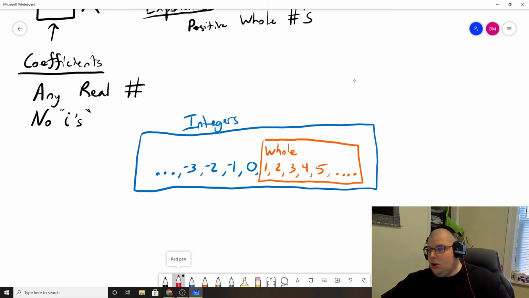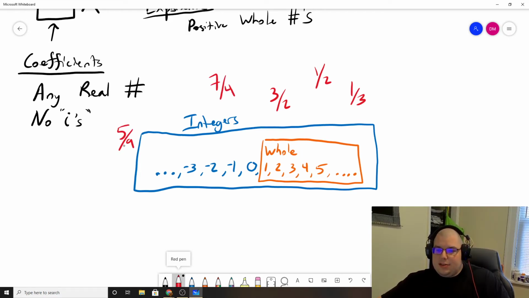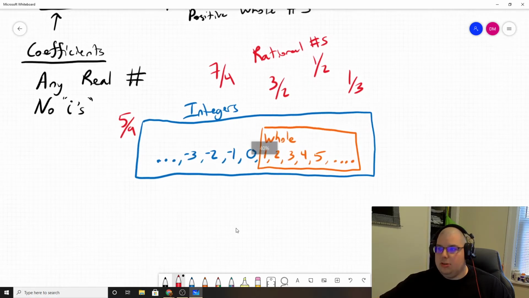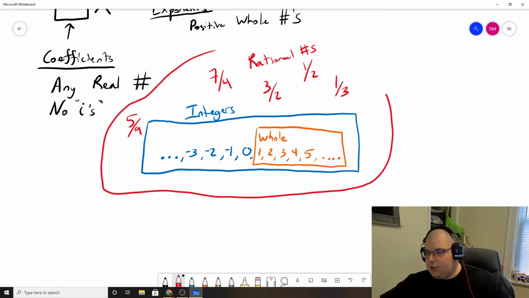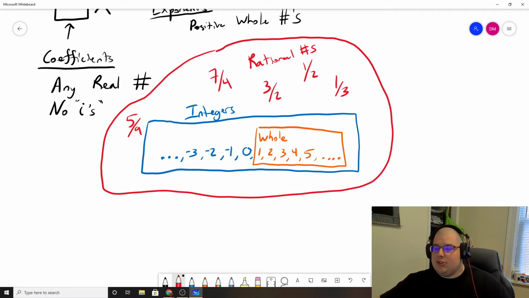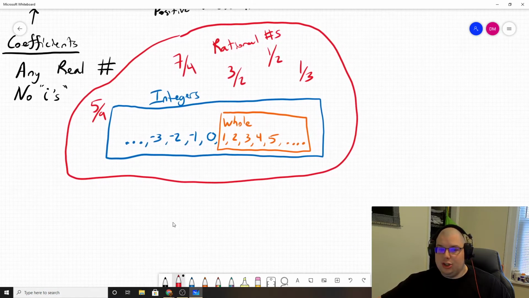Things like 1/2, 1/3, 3/2, 7/4, 5/9. All of those types of things are rational numbers. But there's not just rational numbers in our number system. So we've got rational numbers that sort of hug this. And now, separate from rational numbers